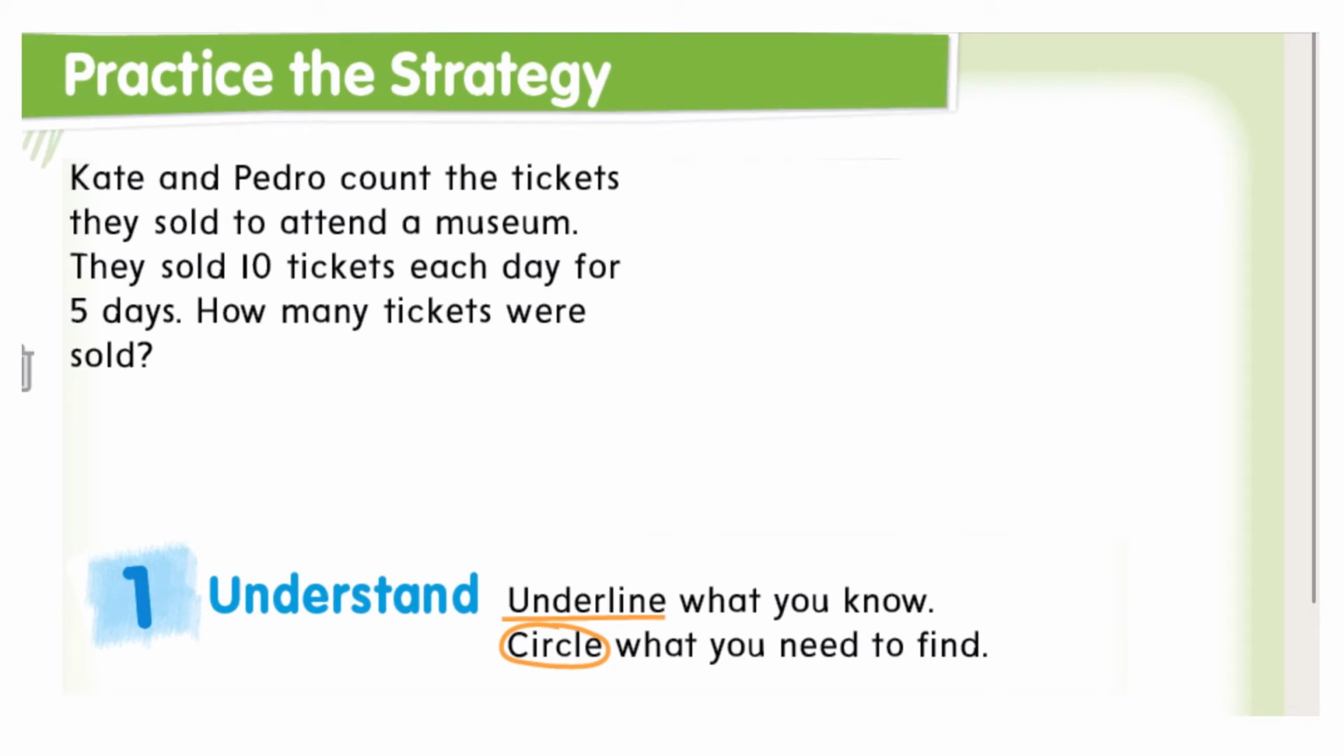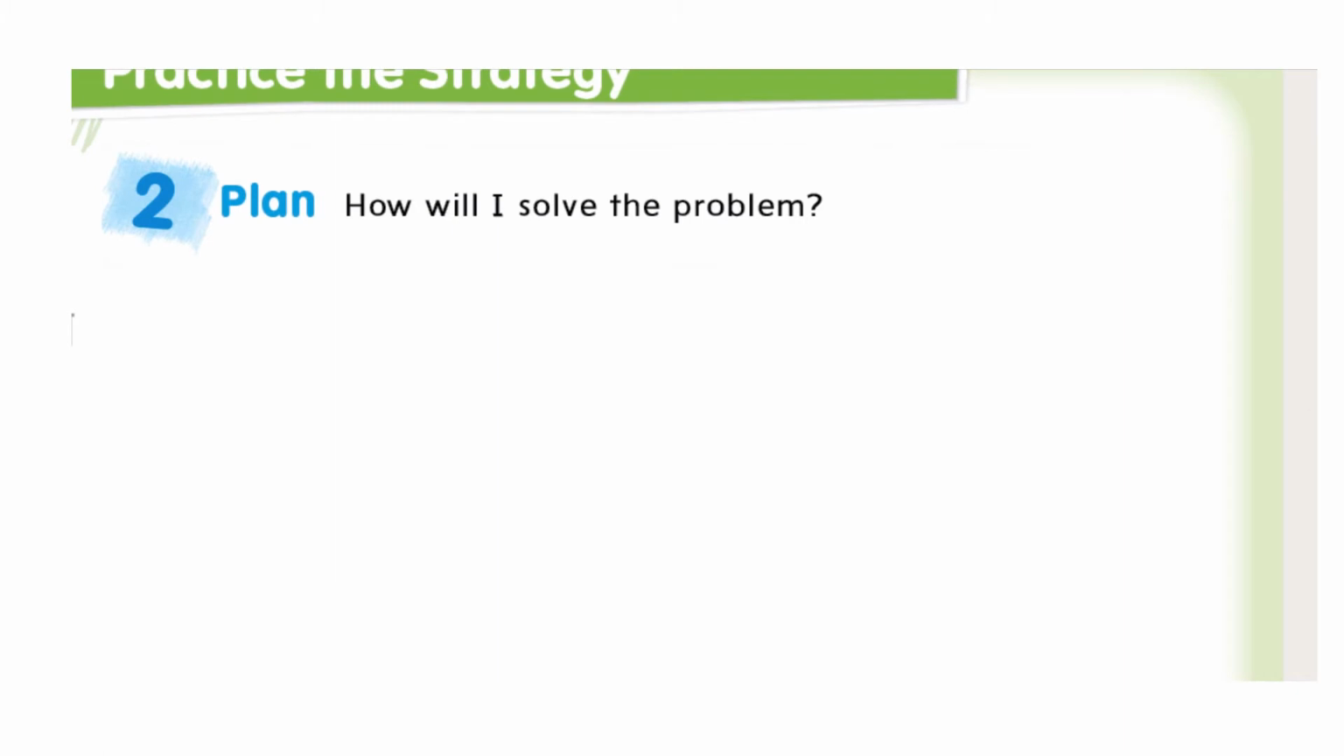Let's move on. Kate and Pedro count the tickets they sold to attend a museum. They sold 10 tickets each day for 5 days. How many tickets were sold? This is what we are going to find, and this is what we know, that they have sold 10 tickets each day for 5 days. Step number 2, how will I solve the problem? Let's do that together. We have 10